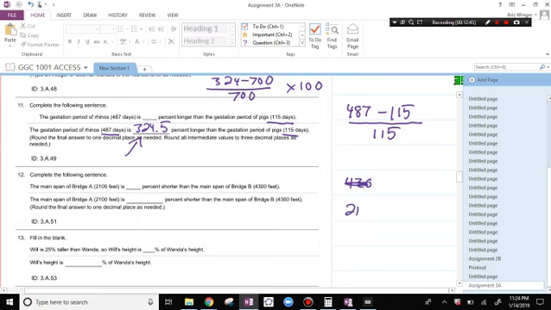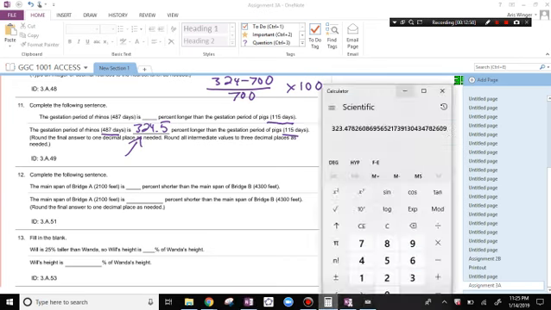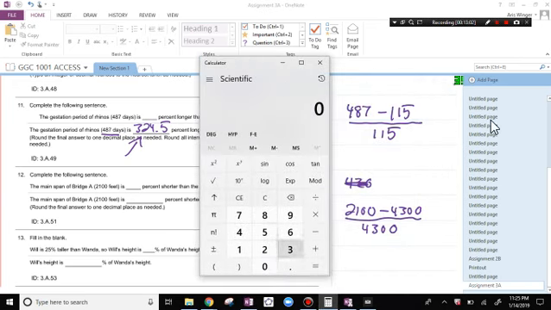So it's 2,100 minus 4,300 in reference to the 4,300. Let's do that. 2,100 minus 4,300 equals that, divided by 4,300